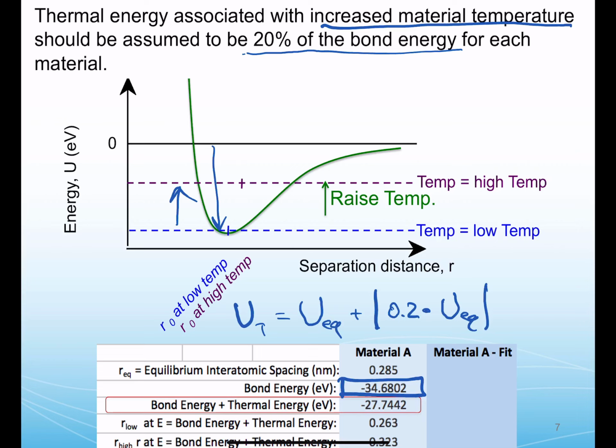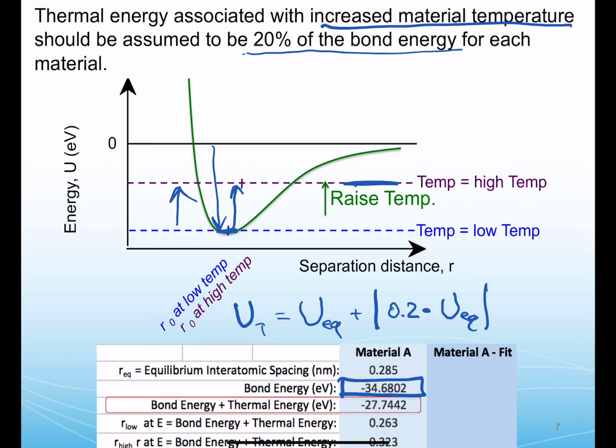So this should add a fifth of the equilibrium value to where we were. So we should climb from down here up about a fifth of that distance. And that'll give us a new analysis region here. Okay, so roughly negative 35 electron volts plus a fifth of that, so add about 7, will be the outcome